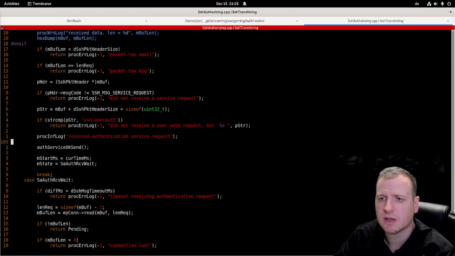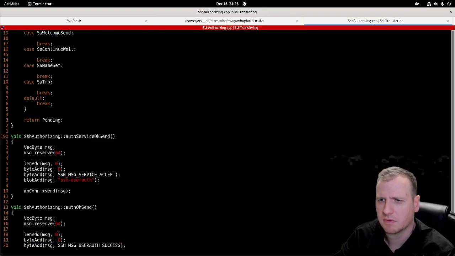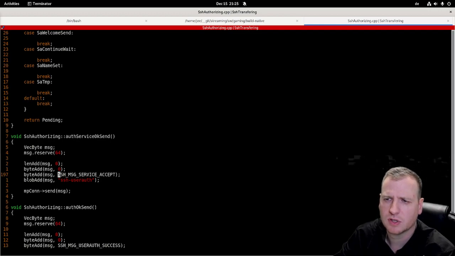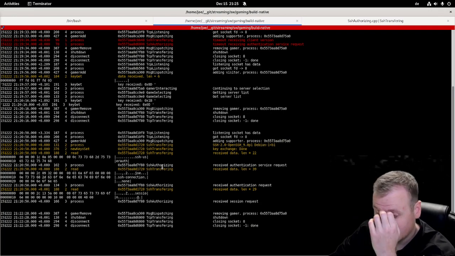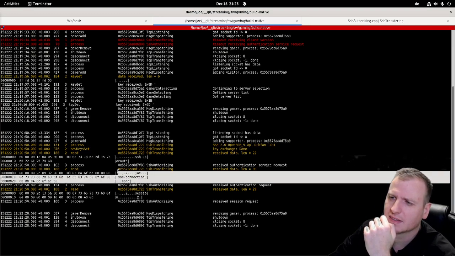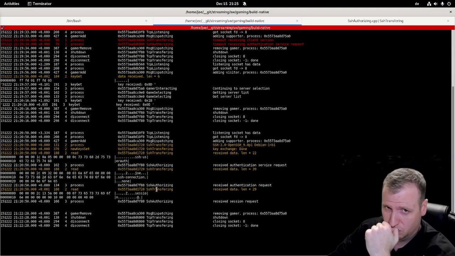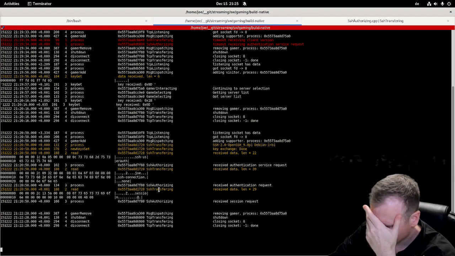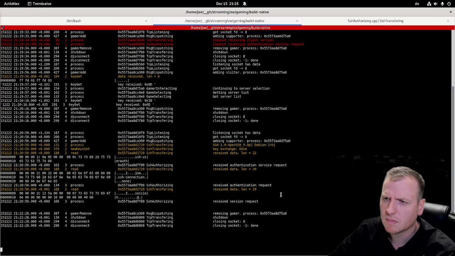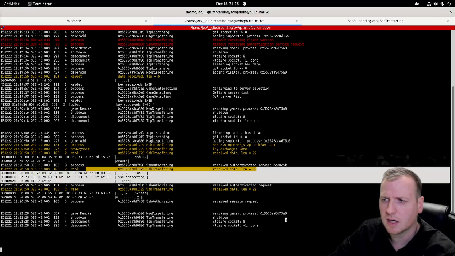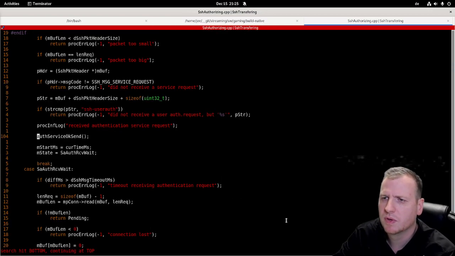We reply with a service accept message. That's fine. Then the client knows, okay, we accept the authentication service. And in the next step, the client tries to authenticate with